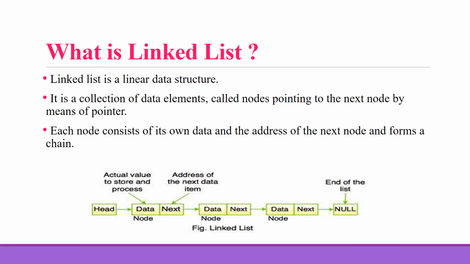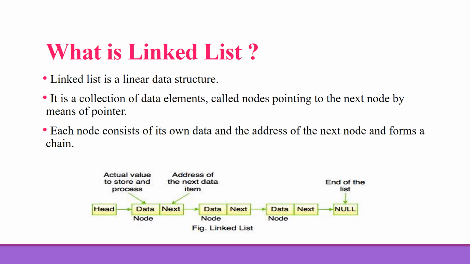What is a linked list? A linked list is a linear data structure that can store an indefinite amount of items. These items are connected using pointers in a sequential order. In a linked list, every element contains some data and a link to the next element. The elements of a linked list are called nodes. A node has two fields, that is data and next.